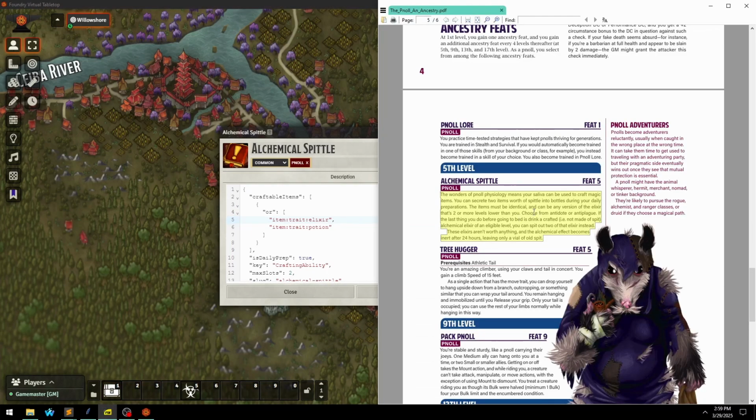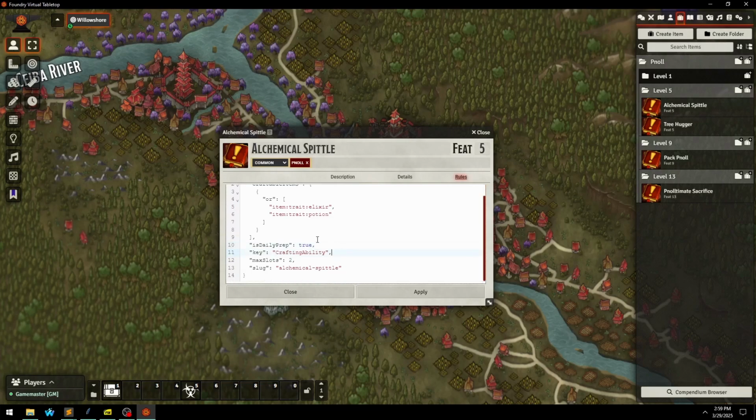Any version of the elixir that is 2 levels or lower. Okay. So we are going to set max item level